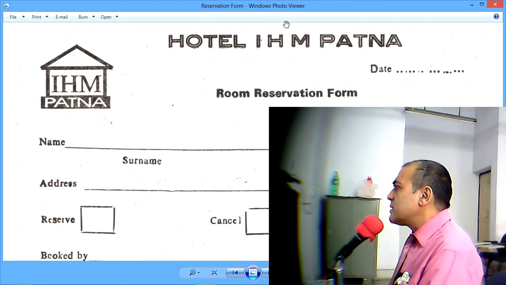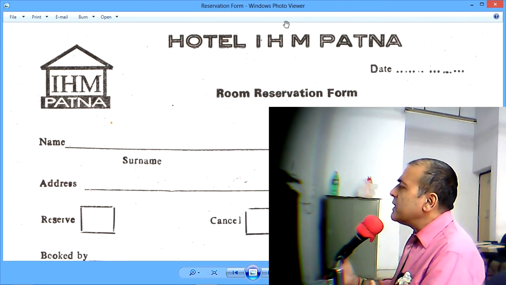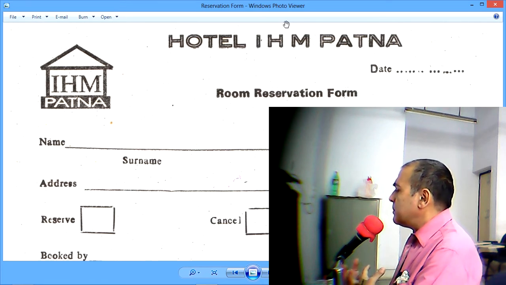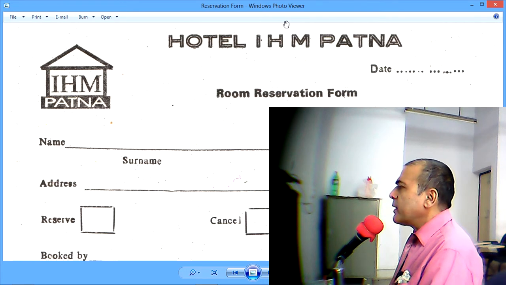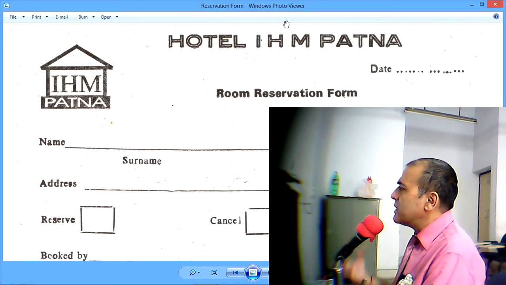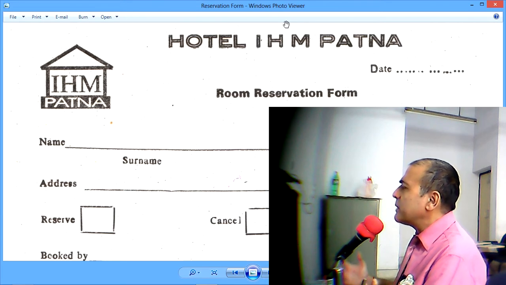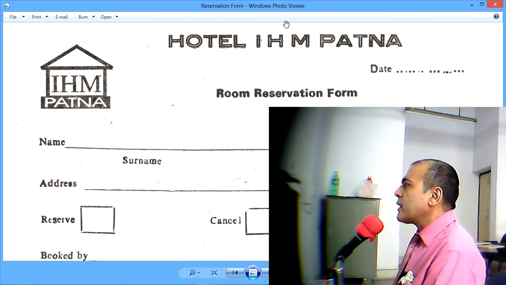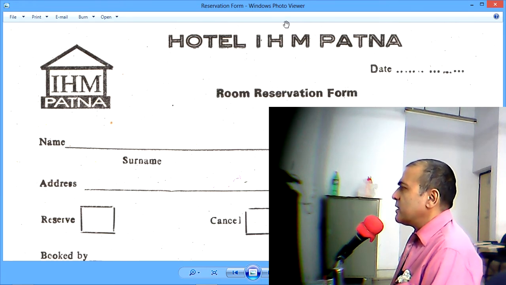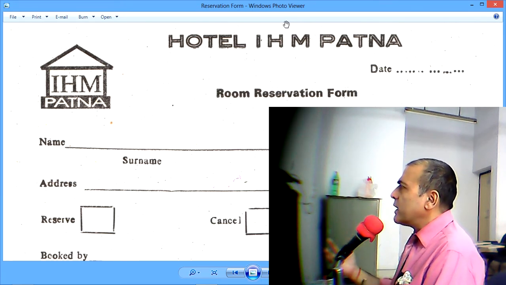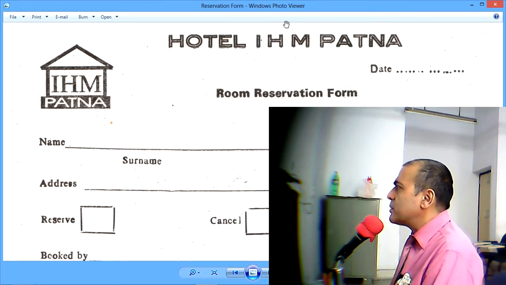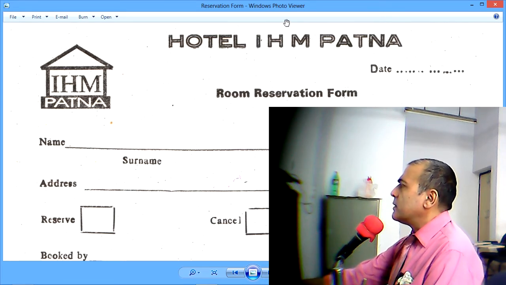Hotel diary also has the disadvantage of getting dirty, also getting soiled because of repeated use. The risk of being stolen is also very high in case of hotel diary. One staff who is unhappy with the hotel can simply steal the diary and run away, or somebody can sabotage the diary, set it on fire, do something with it, and then put the hotel in trouble. So, to avoid such risk and such disadvantages, the hotel started using these forms, loose leaf forms.